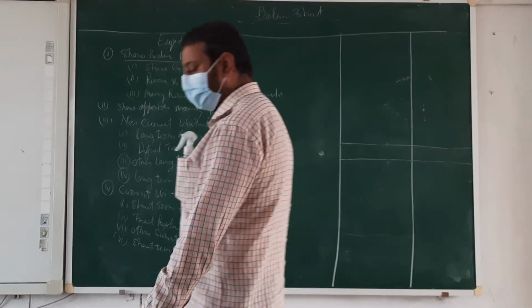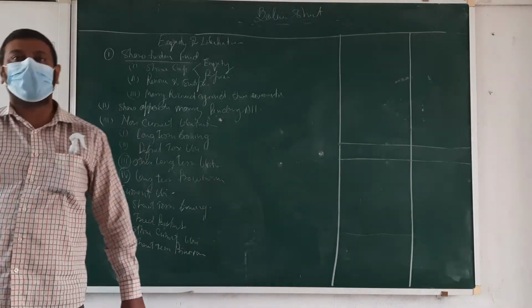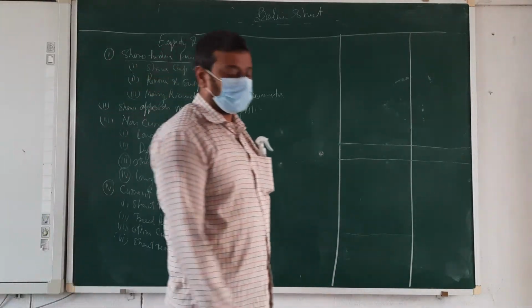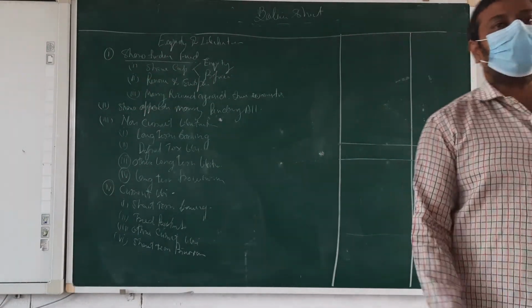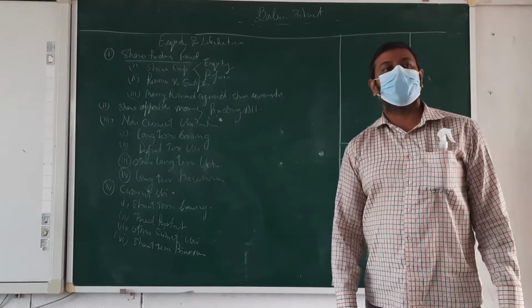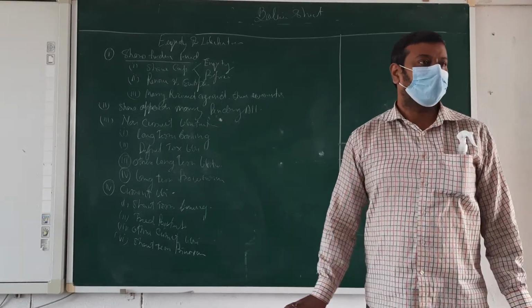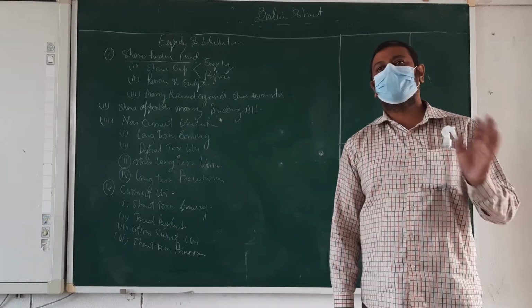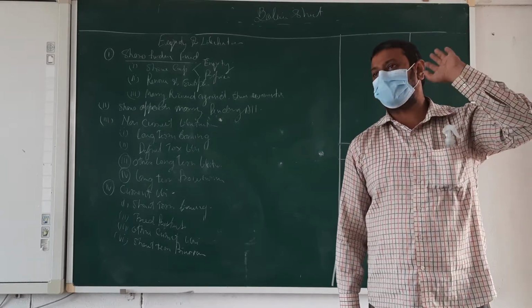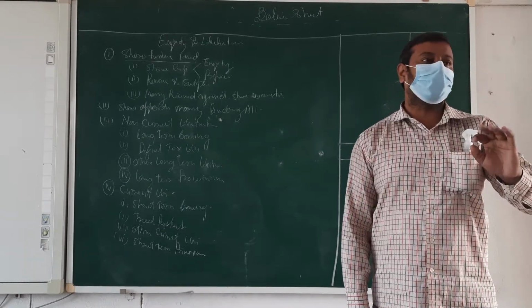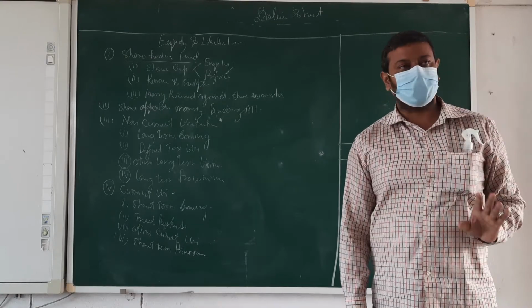other long-term liabilities. If you are going to take a liability on behalf of your debentures, or on behalf of your assets, that is other long-term liabilities. Other means ignoring the debentures and these things, and all other liabilities. They are saying it is a long-term liability. We are going to take that as long-term liabilities.